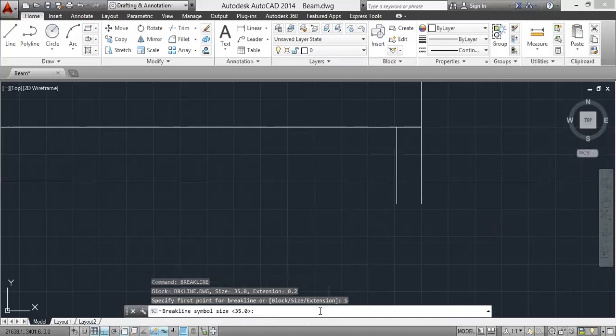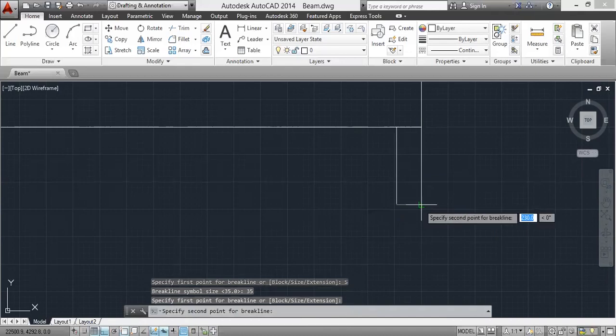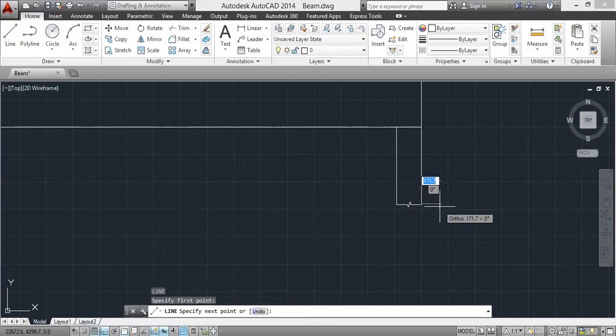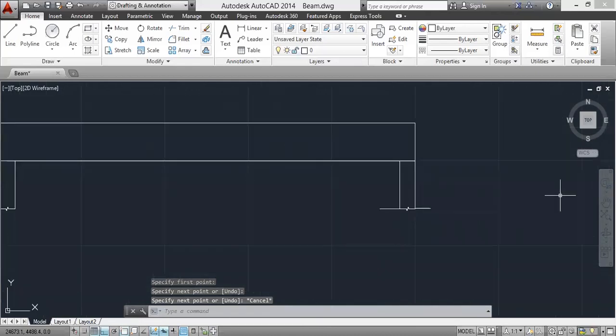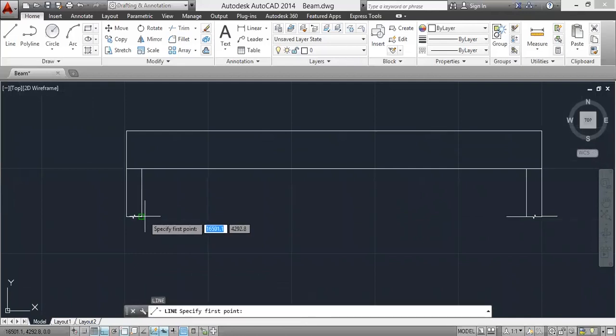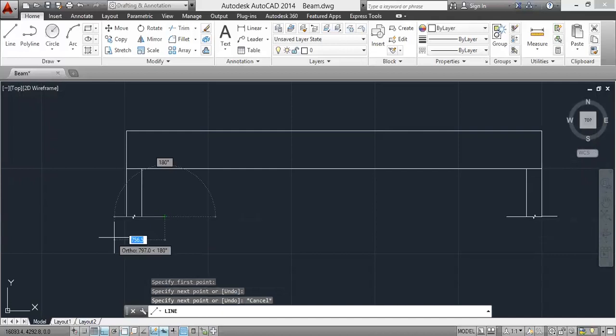Size 35 mm. Enter. Specify first point, second point, and midpoint. Okay, somewhat extend it. L, enter. Somewhat extend to some extent.